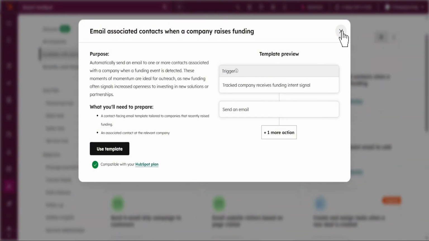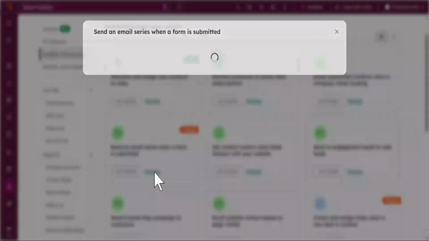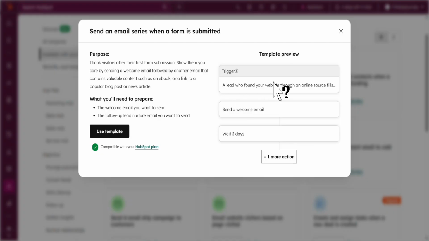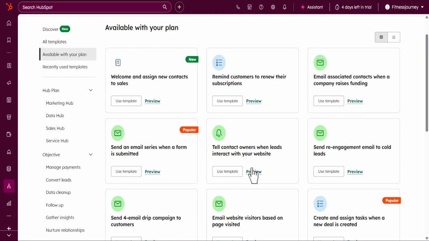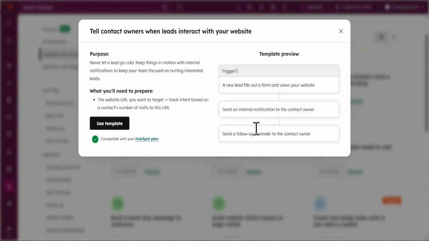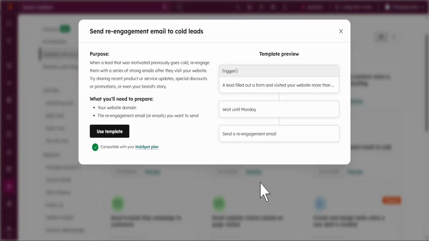with personalized context. Send an email series when a form is submitted enrolls submitters into a timed nurture with delays, goals, and suppression if they convert. Tell contact owners when a lead interacts with your website alerts the owner, and can create tasks based on page views or key behaviors. Send re-engagement email to cold leads targets contacts with low recent activity, and sends a win-back